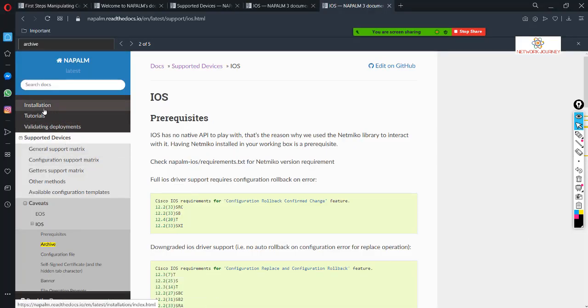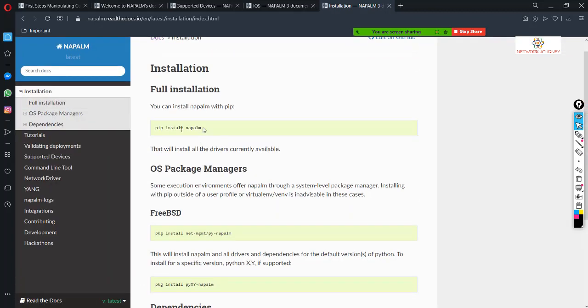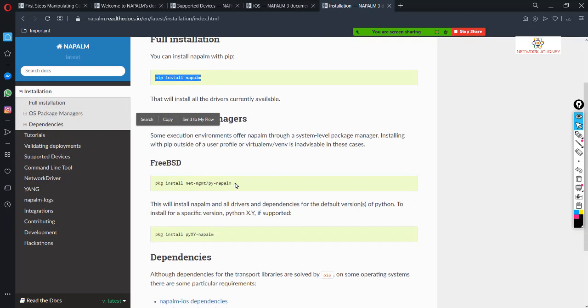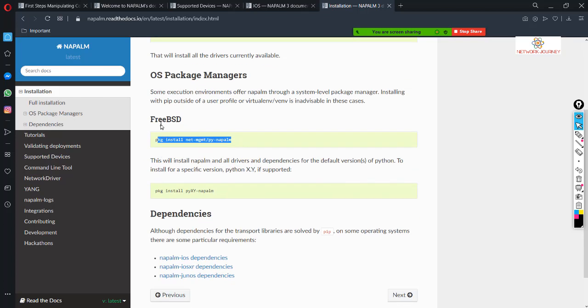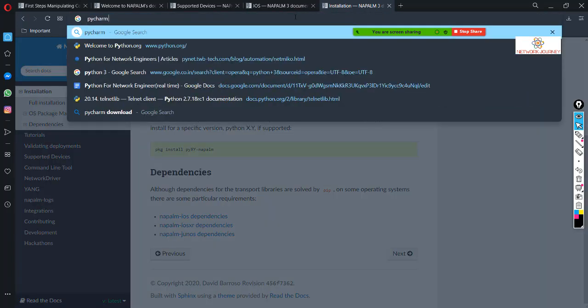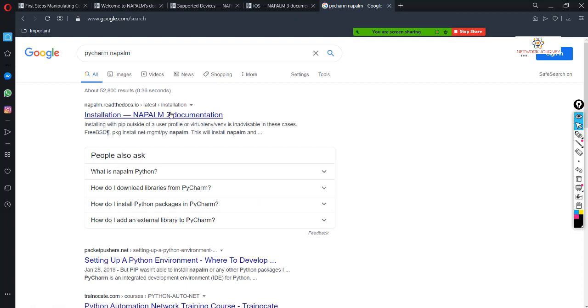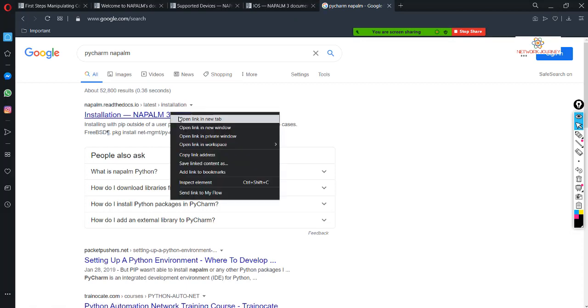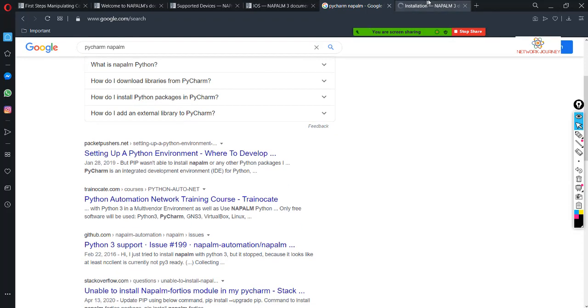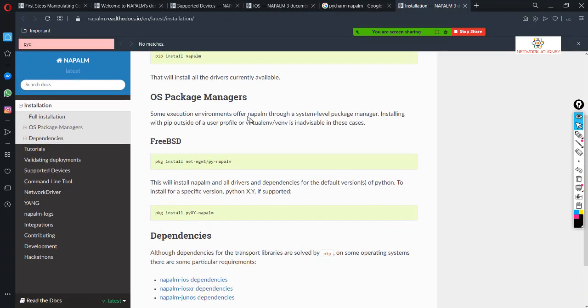If you go to the installation page, they have all the package installation methods. If you are making use of FreeBSD, this is the package. And if you want to have PyCharm and NAPALM, you can set that as well.